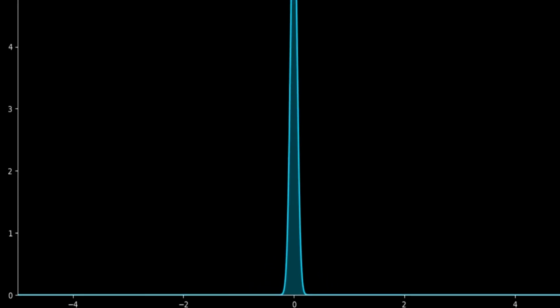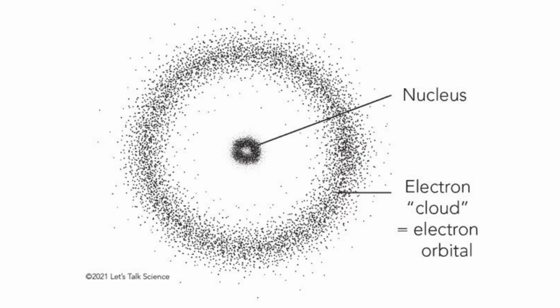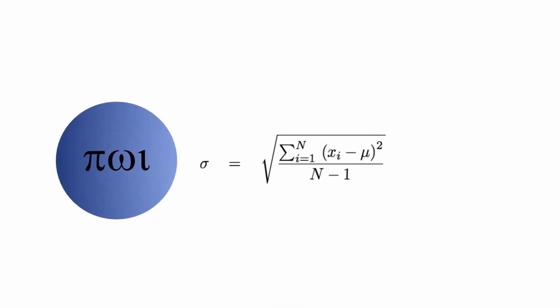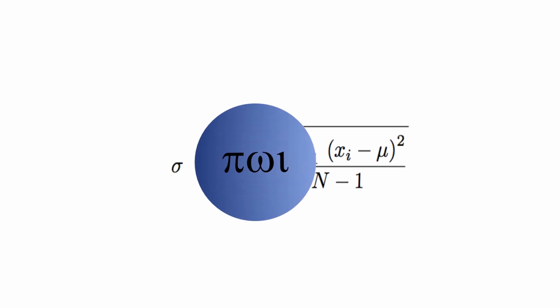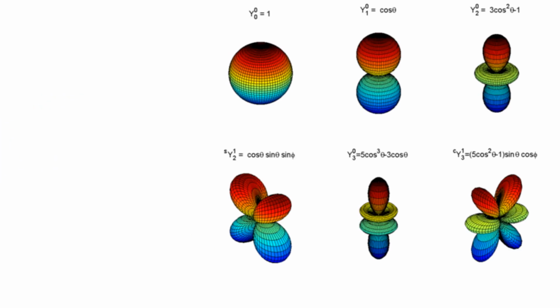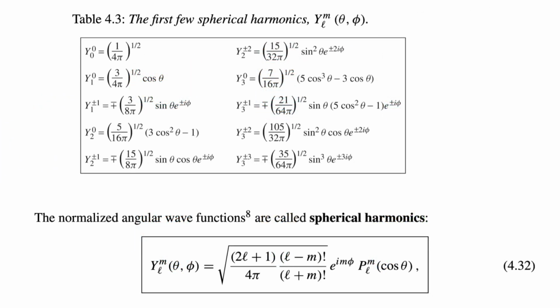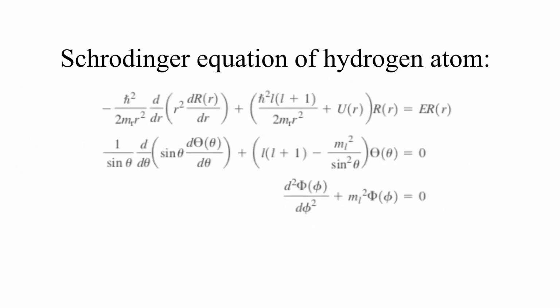So the electron cloud you see comes from different random probabilities of the collapse, rather than actually being a real cloud. We don't know for sure where the electron is, just where it is most likely to be, and we graph the probability using uncertainty equations. The electron is just a mathematical probability energy wave. Then using this, we also made something called spherical harmonics to understand how hydrogen atoms look at different energy levels, by solving the hydrogen atom Schrödinger equation.